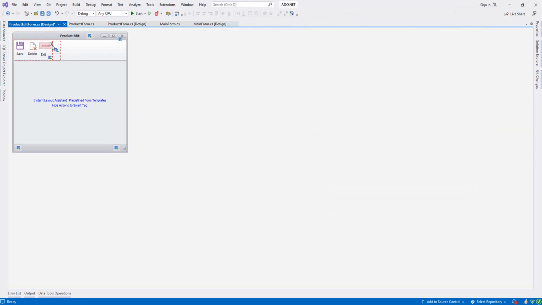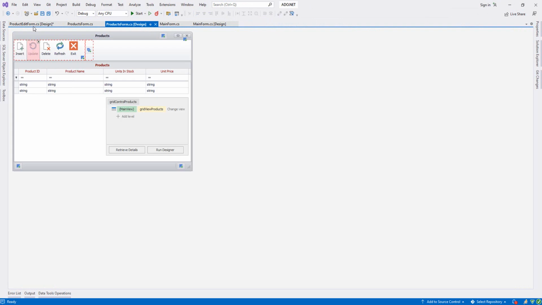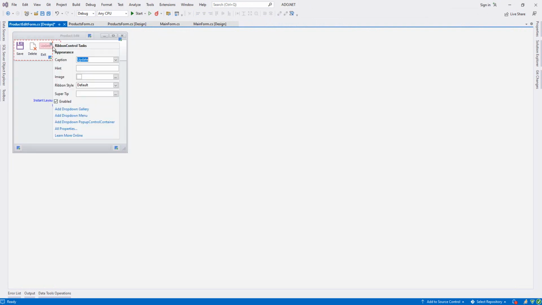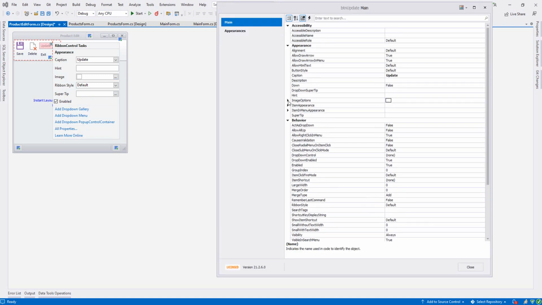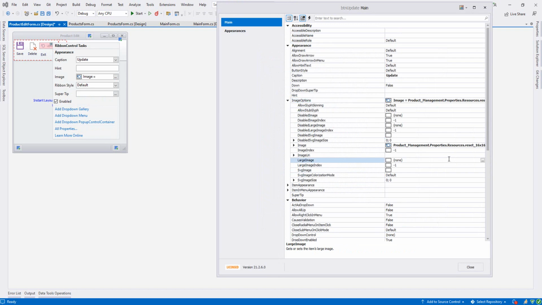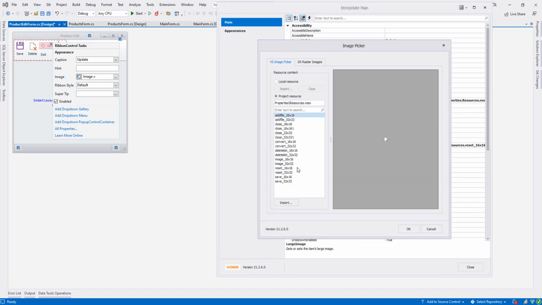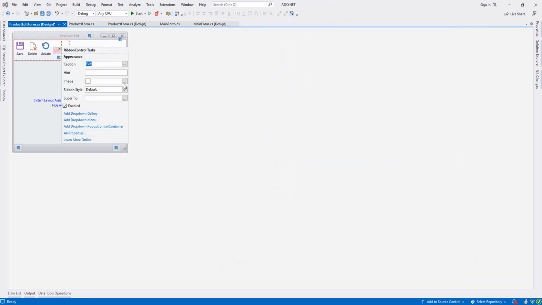So let's do the same thing for update. Our update was like this. Let's go to all properties. From image options, first let's choose update, this first one. Let's choose the large image as well, like this. Let's do the same thing for the exit,